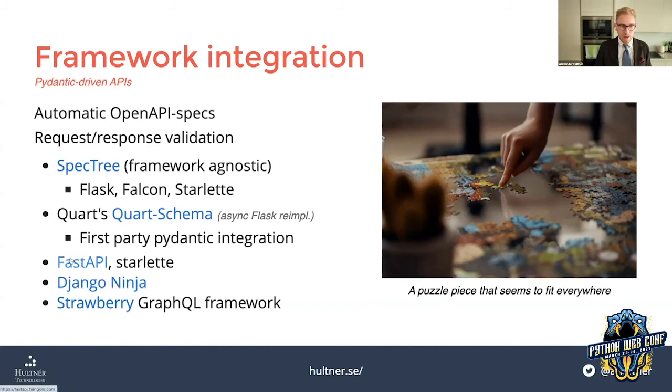And FastAPI, a lot of you have probably heard about it. It's been gaining a lot of popularity lately. It's also a Starlette-based framework, and they basically have Pydantic as a first party and first class citizen in their framework. So it's basically built for using Pydantic from the ground up. But how you use it in FastAPI and in Quart Schema and in Spectree and also in Django Ninja, which is a Django integration, the way you use it is super similar. So I'm going to show you an example from FastAPI, but it's almost the same code